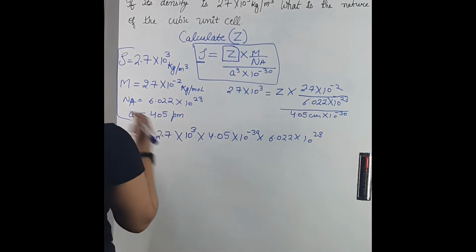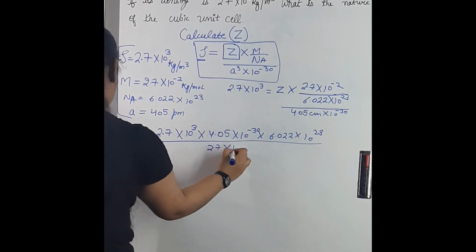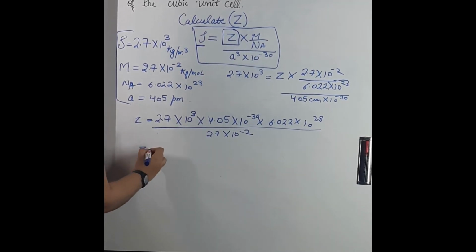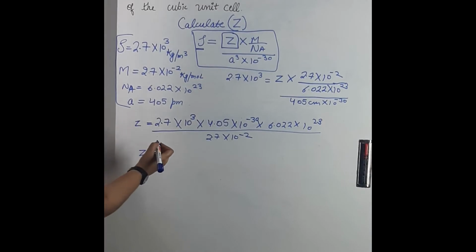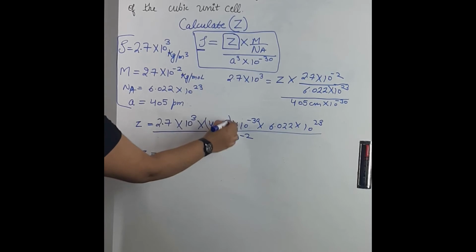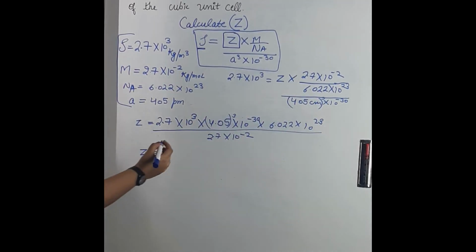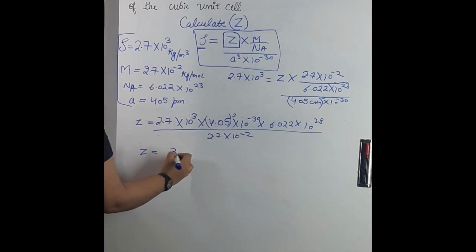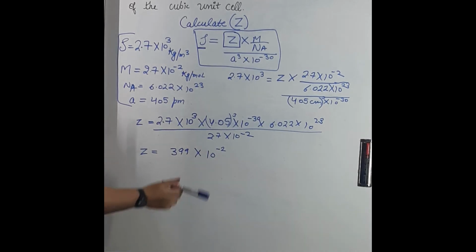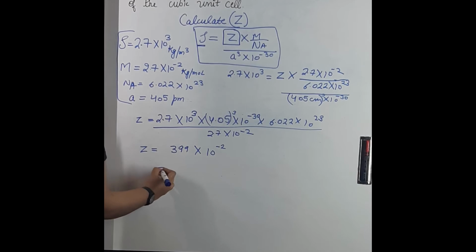so that we have similar units, divided by 2.7 into 10 raised to power minus 2. And by solving this we will get, this will also come in cube, right? We will get 3.99 into 10 raised to power minus 2. Guys, you can calculate it using the calculator. You will get this value,